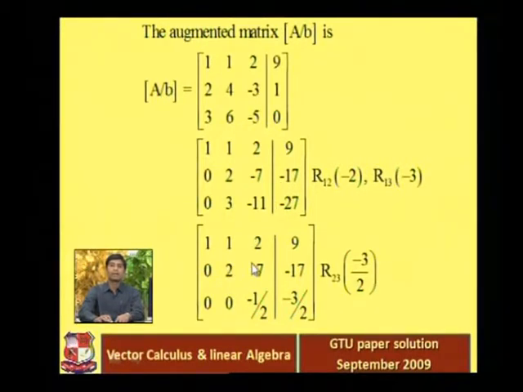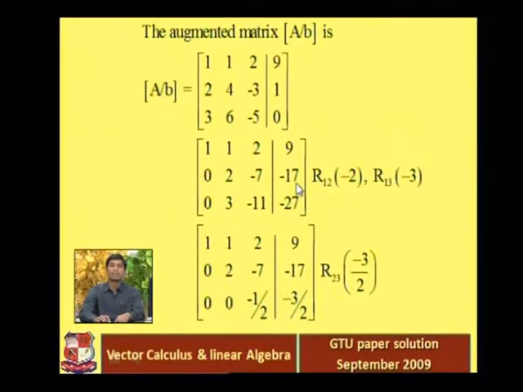So in the next matrix, the first and second rows are as they are, 1 1 2 9, 0 2 -7 -17. The second row multiplied with -3 by 2, so that's why this is 0 0, and when we multiply this -7 with -3 by 2, what will be the element? -7 multiplied with -3 by 2 is 7 into 3, that is 21 by 2. 21 by 2 minus 11, so when we take LCM we get 21 minus 22 divided by 2. So that's why here -1 by 2, right? So -1 by 2 is coming from that part.